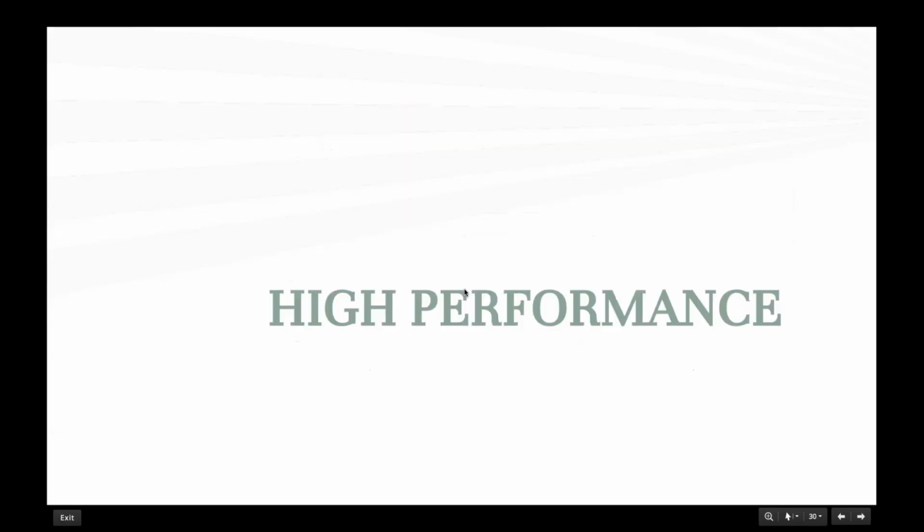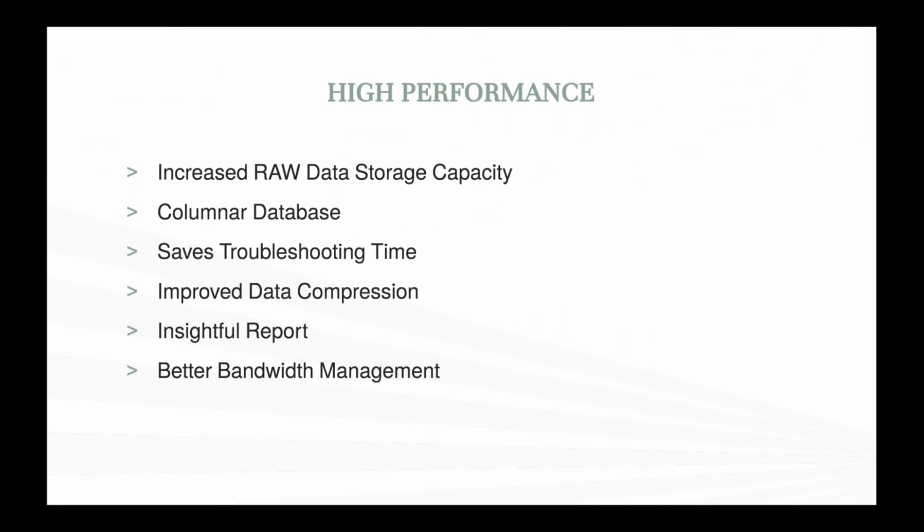So next we are going to see what high performance is. So we were discussing what high performance is and where we use it in DPI. We saw how to use high performance in DPI and in other modules and other aspects. Now let's see what high performance is. So high performance is an add-on to NetFlow Analyzer. It is a high performance database specially designed to improve raw data storage. It uses a concept called columnar databases in order to have efficient storage and retrieval